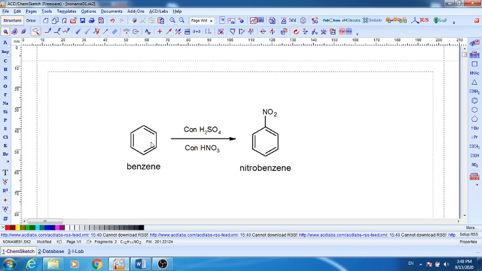So friends, I hope that whatever I discussed in this tutorial, how to write very basic and simple reactions, how we can add conditions of the reactions, how we can select different arrows as per our wish, and how we can use the reaction plus sign. These are very basic but very useful features in ChemSketch. I hope that you know this now and you will try it. Thank you.